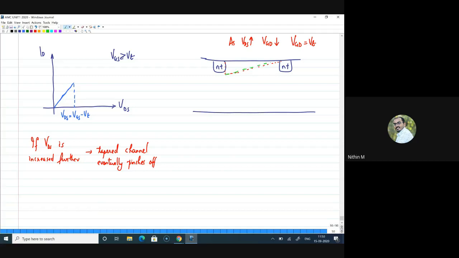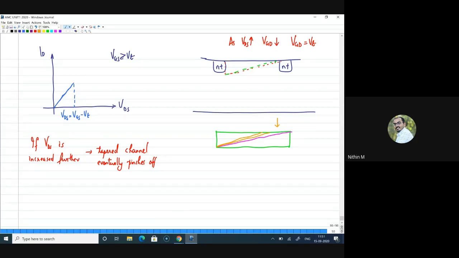That means we can understand it in this form. The tapered channel will look something like this, and if we increase further, the channel will actually move away from the drain end. To understand that, I will draw it in this form. This is your initial channel, then this is the condition where the channel is just present, and soon after that this will start happening, right? Just for clarity, I am drawing with a larger magnitude. As you keep on increasing VDS, the channel will pinch off, and if you increase further, the channel will move away from the drain end.